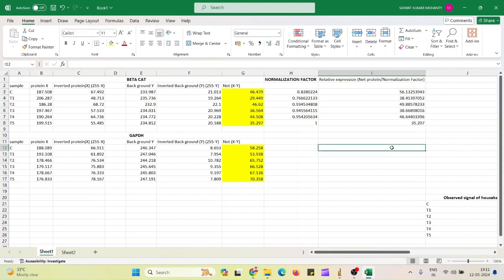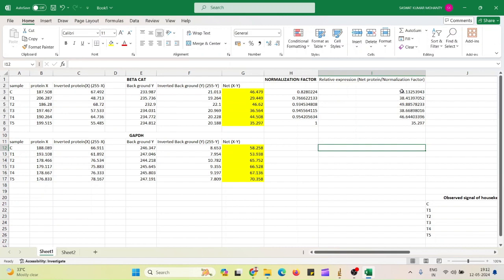I chose this for a single sample. Likewise, you have to do triplicates. After getting the triplicate values, the three values, you can prepare a bar graph. So this is the method of how to calculate your relative expression. You can write on the y-axis the relative expression of beta catenin as compared to GAPDH, because you are comparing against GAPDH.